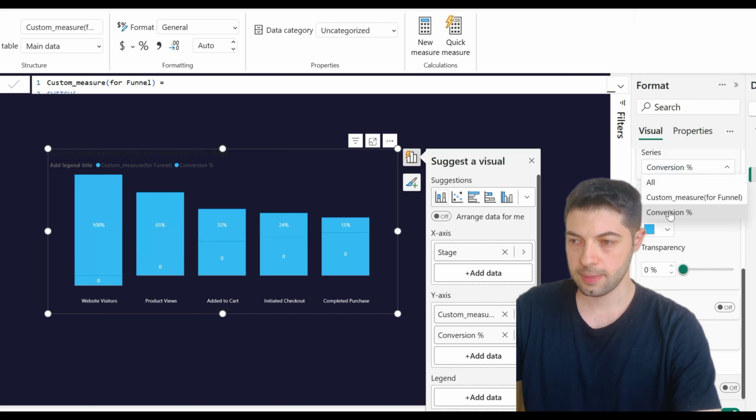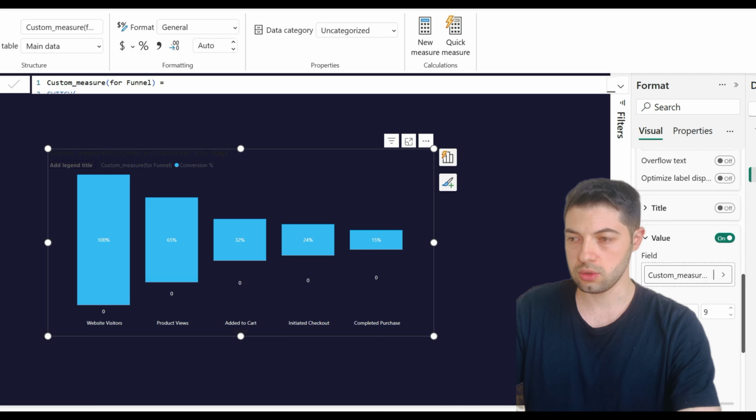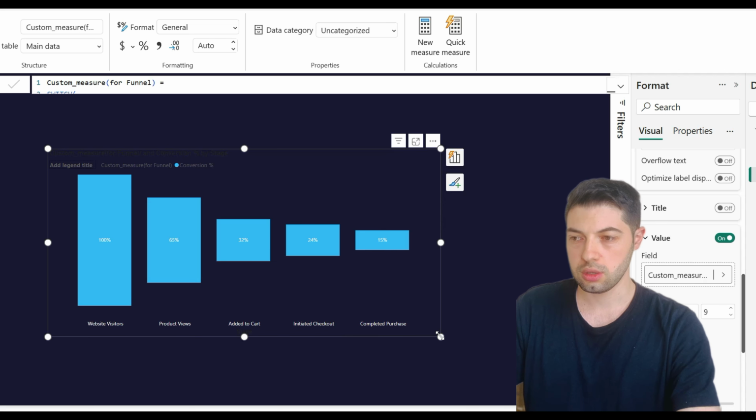Yeah, you can put background color to it, so it is invisible, hidden, and value also. Now we need to open ribbon also. Now it looks like funnel.